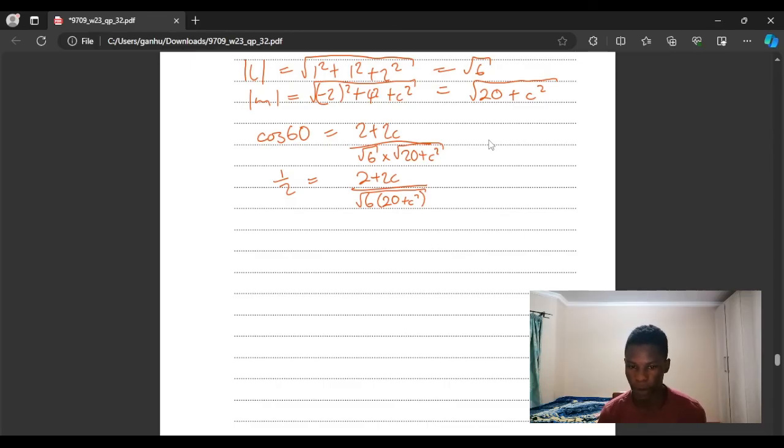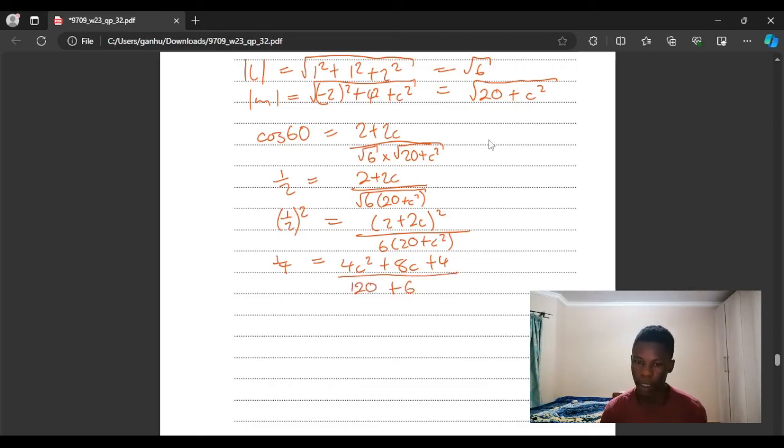Okay, now let's square both sides to get rid of the square root sign in the denominator. So that would be half squared is equal to 2 plus 2c squared over, this would now become 6 times 20 plus c squared. And so this is a quarter. And if we expand our numerator, that's 4c squared plus 8c plus 4 over 6 times 20, that's 120 plus 6c squared. Let's get rid of the denominator, so that's a quarter